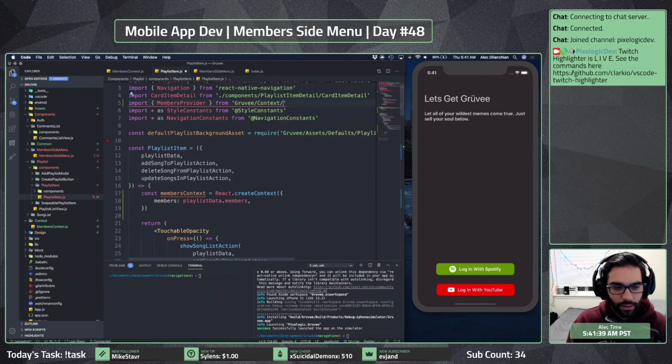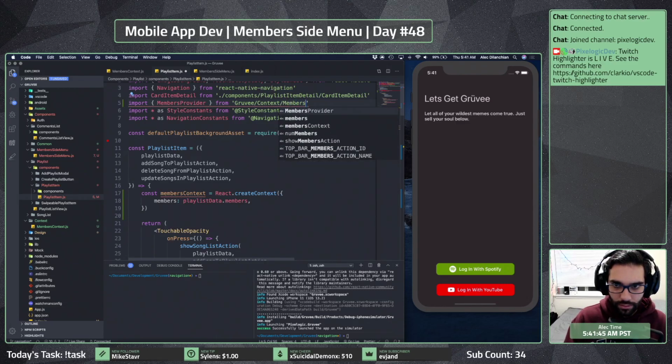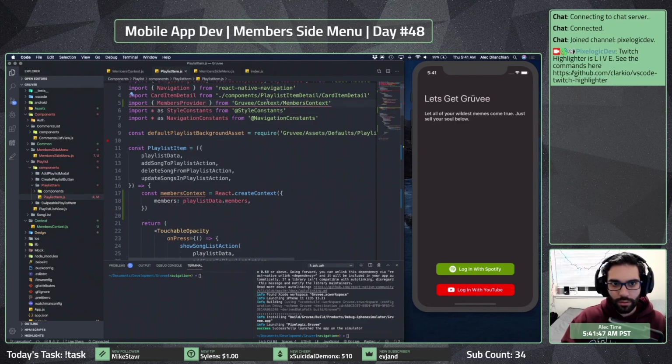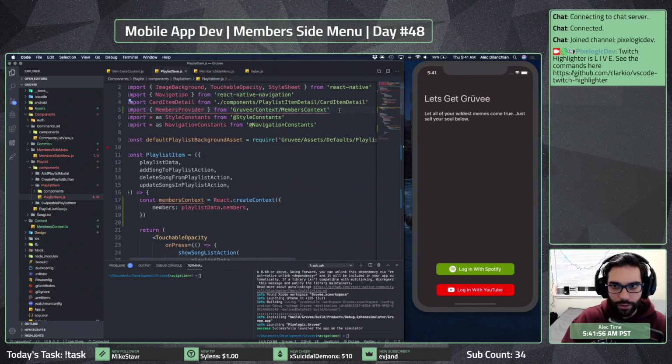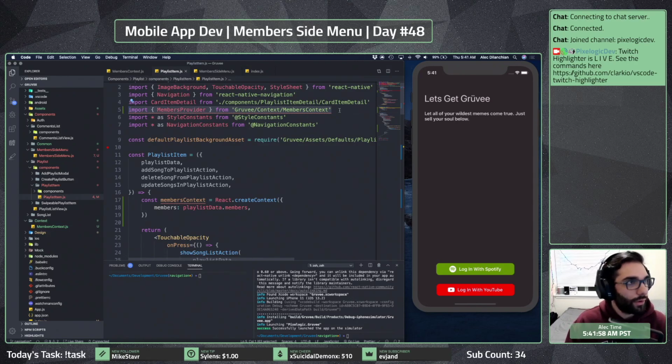Context, and then we're going to call this members context. And then you're going to require before the component input. Okay. Got to follow the linter rules, you know?